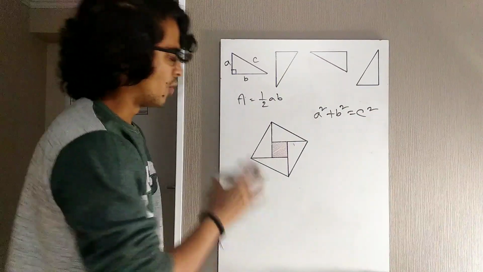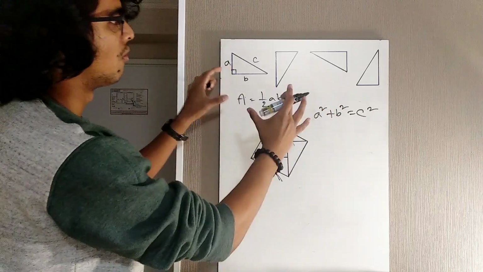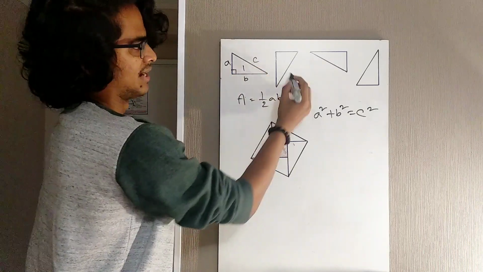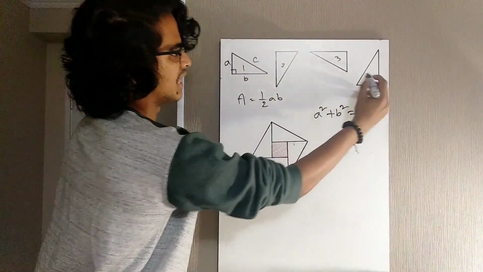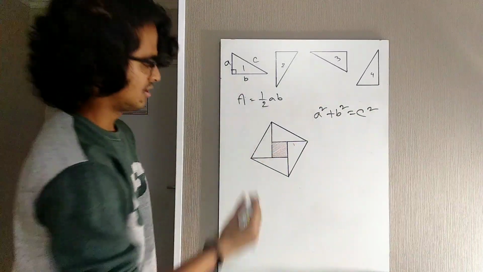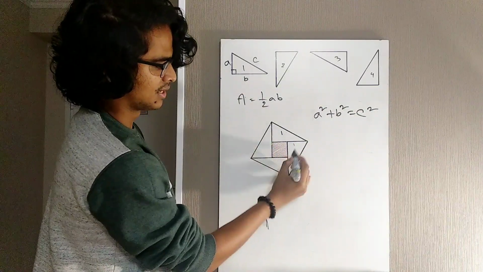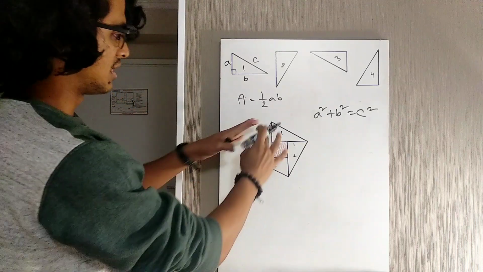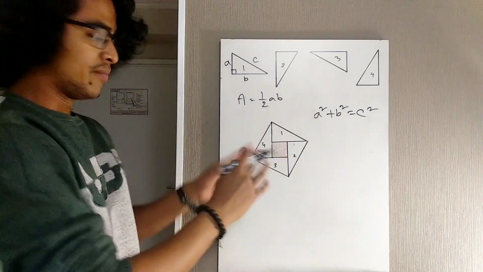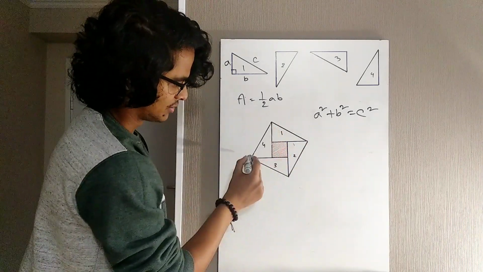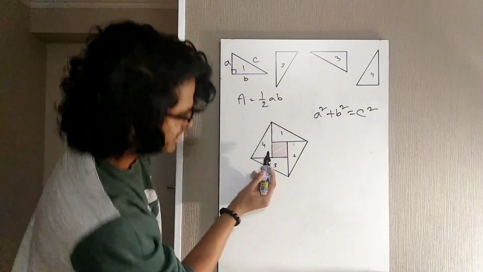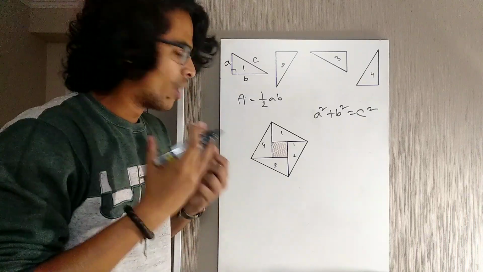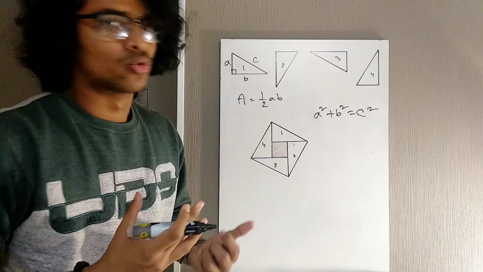Okay, now what I did there, I did something clever. I just combined all of the four triangles here. Let me number these triangles: this is number 1, this is number 2, number 3 and number 4, and I put them together. I put the first triangle here, the second here, the third here, and the fourth here in a way that made new quadrilaterals. Actually, they made two quadrilaterals. There is a bigger quadrilateral, as you can see, and there is a smaller shaded quadrilateral inside. So the question is, what can we say about these two quadrilaterals?